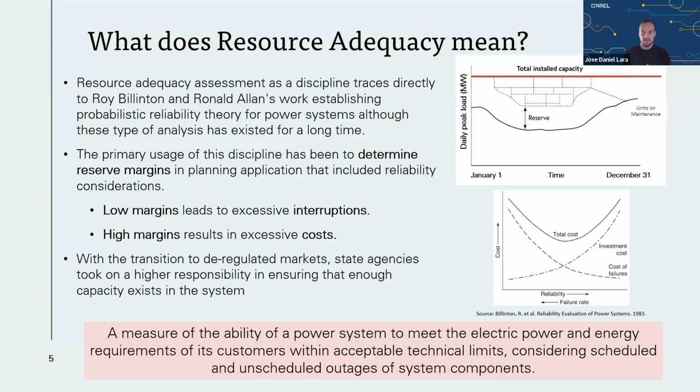And the idea was that when you need to calculate the sweet spot between how much reserve you need to keep, how much you invest, how much capacity you have to build, you need to take into account this risk measurement element of how much the load can increase and how much the load can change depending on the requirements of the system, and how much you need to keep taking into account this lack of